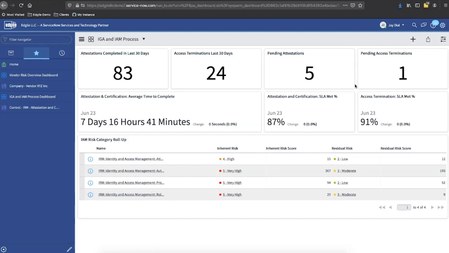So we know there are 5 attestations that we're waiting for from the business, and there's 1 access termination that's still in process. Here in the middle row, we're able to keep track of that average time to complete. So using ServiceNow's task capabilities, we're able to track how long these requests take. Additionally, we're able to set an SLA in terms of how long we expect this to take, and track what